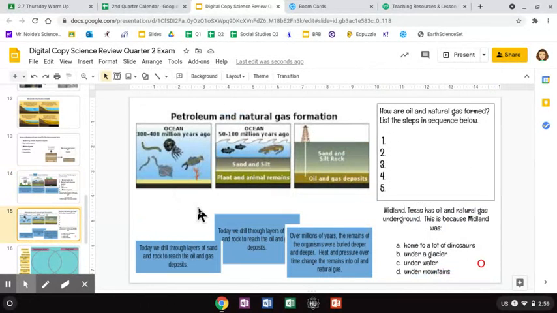And slide 15, we're going to look at petroleum and natural gas. So petroleum is just another word for oil. So whenever you see petroleum, think oil. They are the same thing. Petroleum is just a specific term for oil. So we have another diagram. So petroleum or oil and natural gas were formed where there were oceans. So millions of years ago,